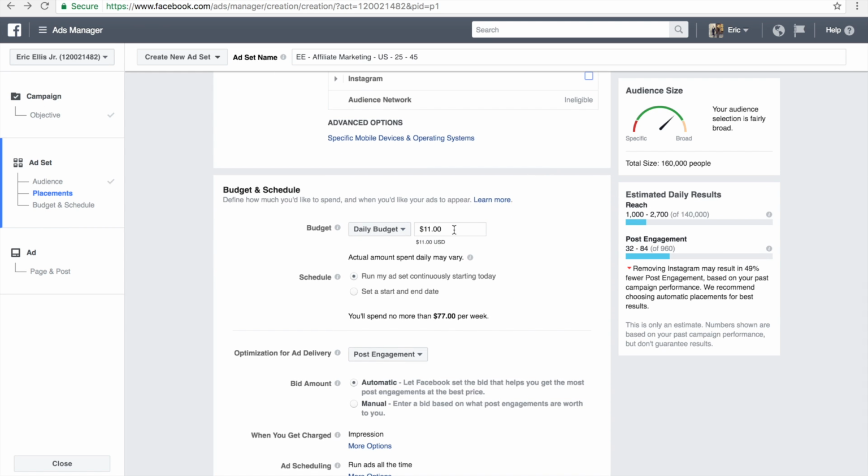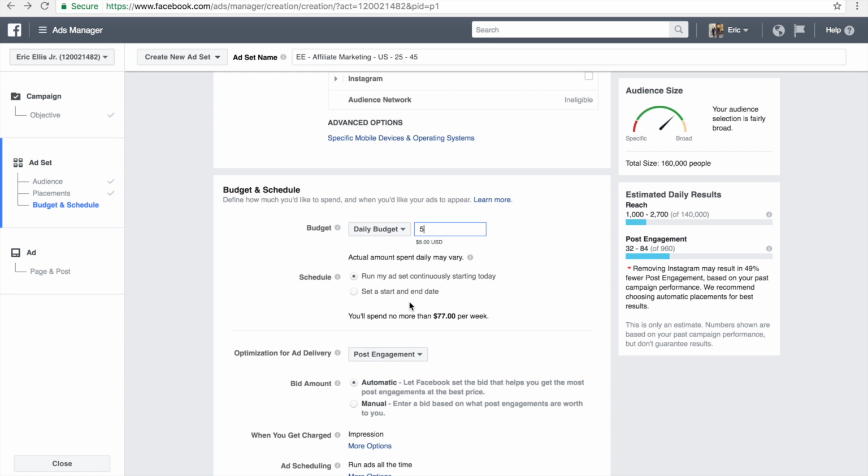And next, as far as a daily budget, listen, guys, the minimum is $5. Here's the thing. What you can do is you can start off at 5. If it seems like a successful ad, then you can always scale it up. Now, what I would recommend is just starting a new ad and then scaling it up to $20 if all